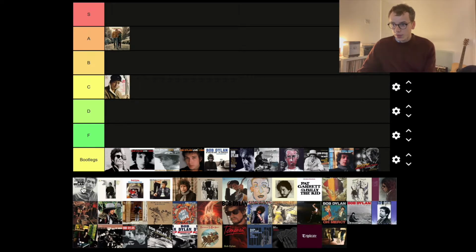So right, The Times They Are A-Changin', which is the first of 2 albums from 1964. This one, I have to say, I probably listen to more now than Freewheelin', but I don't think it's as impactful and influential as Freewheelin'. And I don't think it has the same depth in the track listing.